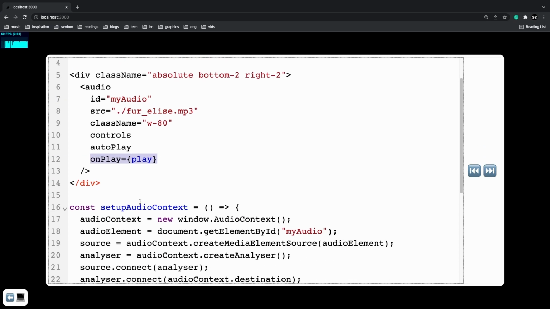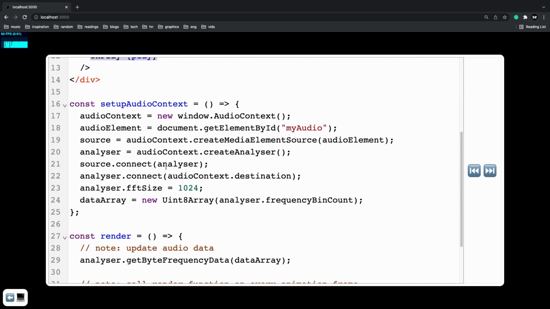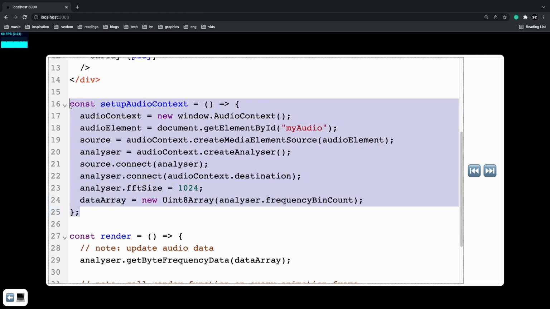Now the first thing that we do when we play is we set up the audio context. Now this is a way that you can get the frequency data from your audio that is playing on your web app. So we set up the context, we get the audio element, and then we basically run a bunch of code to set up the analyzer such that we can get the frequency data from the analyzer. And we create a new array,